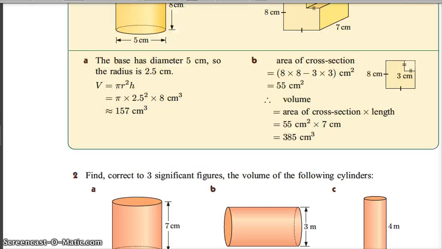Question 1 and 2. So what we're looking at, Beth, is the fact that any volume of a shape which has the same ends, that is, they don't come together like a pyramid, they don't come together at a peak, those with the same shaped ends, which are these, they're called prisms, yeah? Now, any prism has the area of the base, or the area of the cross-section, times by the height. Okay, so if we look here,